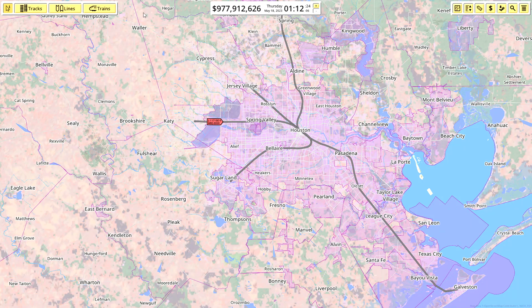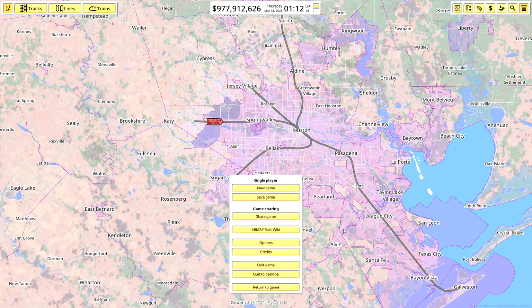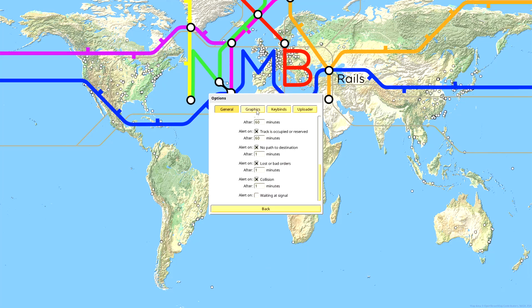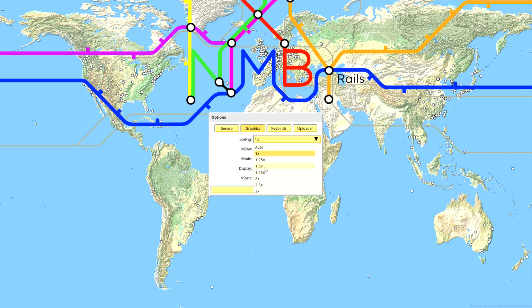To see what it looks like, this is how the screen looks when the scaling is set to 1x. It has a track bar here, a track bar over here, and then this is kind of a status window, and you can see everything very easily. But if we go back into options again and graphics and set it just to 2x,